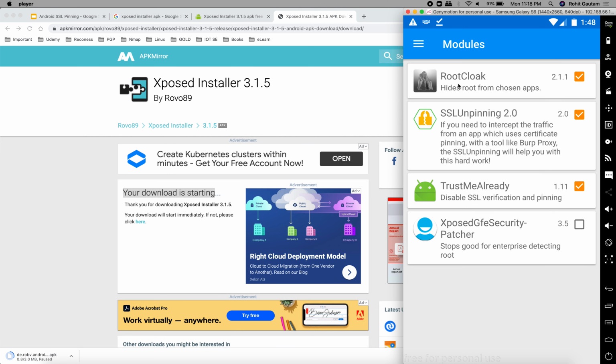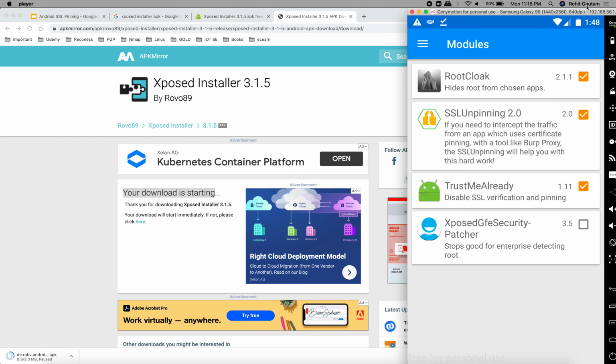And yes, I also use RootCloak. This helps me to hide root from some of the chosen applications. Why this? Because I was testing one of the applications, Arogya Setu, and it identifies if a device is rooted, like Genymotion. Some of the developers, if they check the device is rooted, the application will not run on the device itself. This is what they think as a protection, that do not run the APK onto devices which are rooted. So you can install RootCloak as well, which hides the root from chosen applications, and you can run the applications onto the rooted device as well.